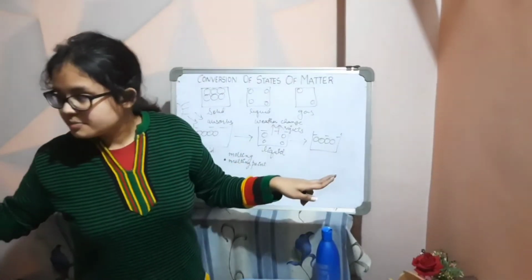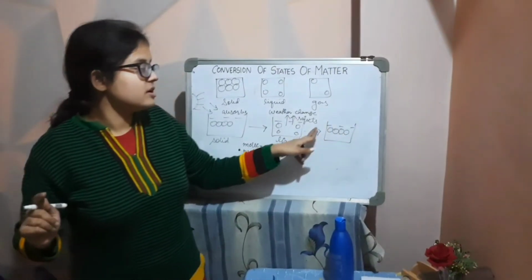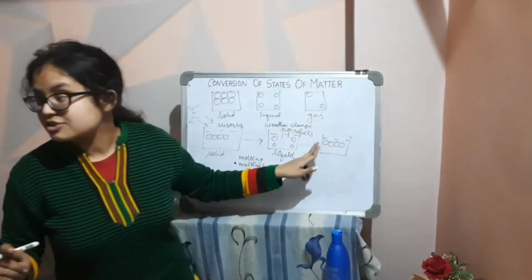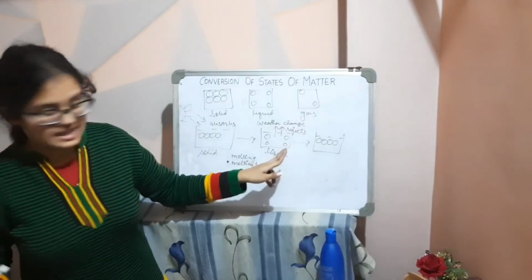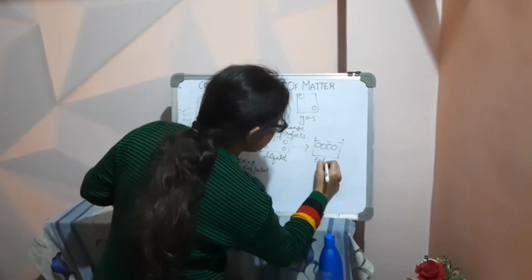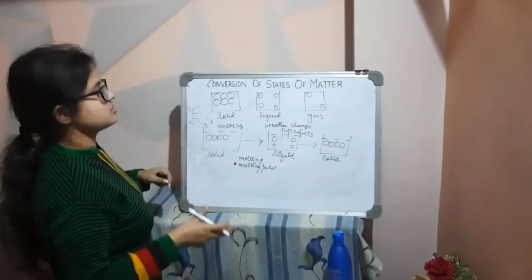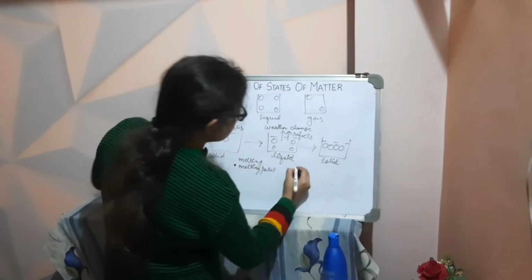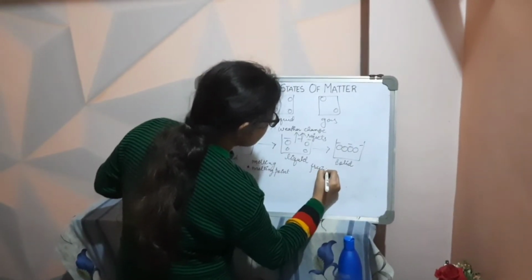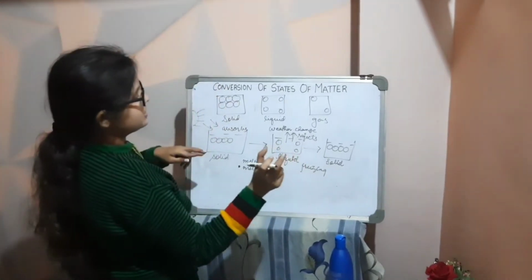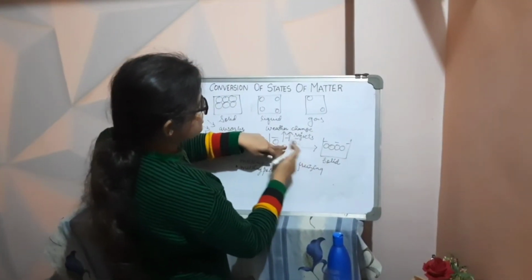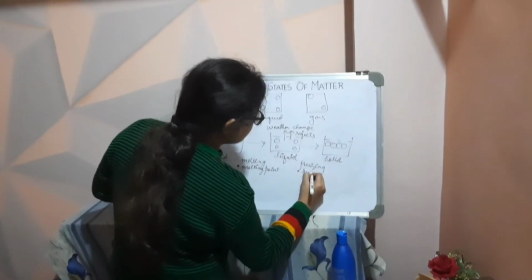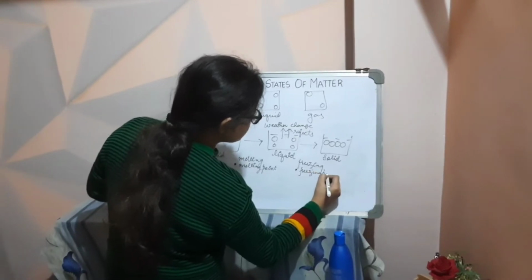Now, last to third pen student, just tell me, will I be wrong if I classify the state where the intermolecular space is less, force of attraction is more, kinetic energy is less as solid? No, I won't be wrong. Very good response. Okay, so this conversion from liquid state to solid state by rejecting heat is known as freezing. And there is a particular temperature at which the molecules start coming close to each other in order to get converted to solid state. That temperature is known as freezing point.